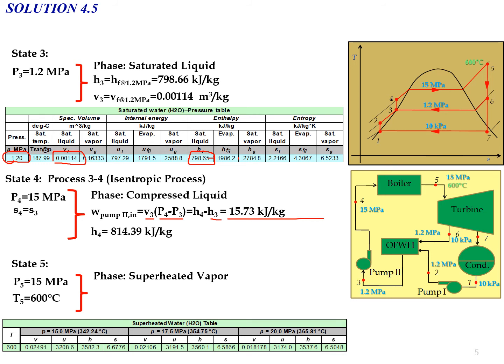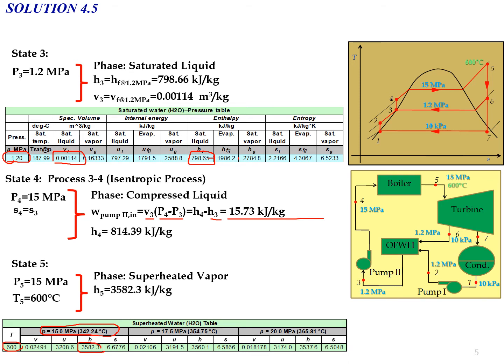However, for this case, we know that state 5 is superheated vapor, so we straight away look into the superheated table at the pressure of 50 megapascal and temperature of 600 degrees Celsius,